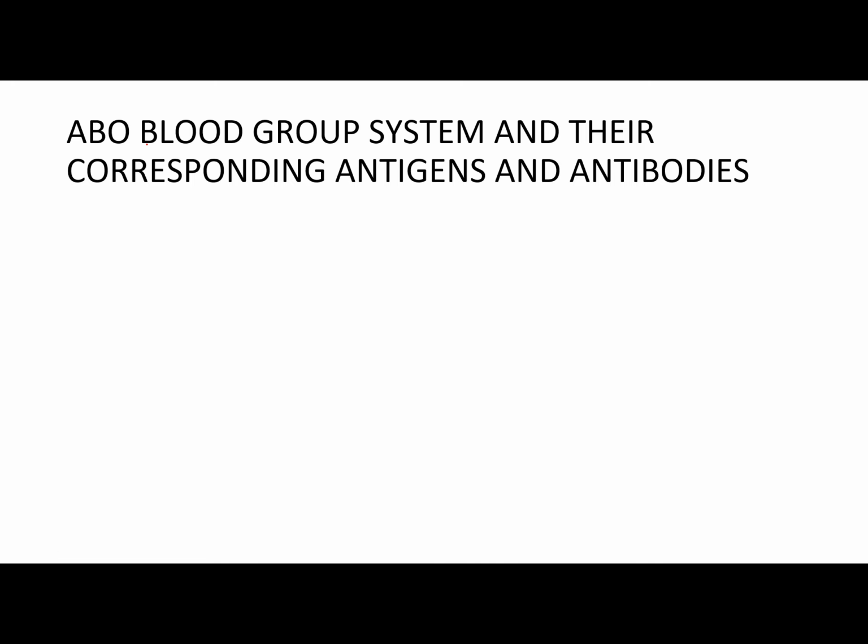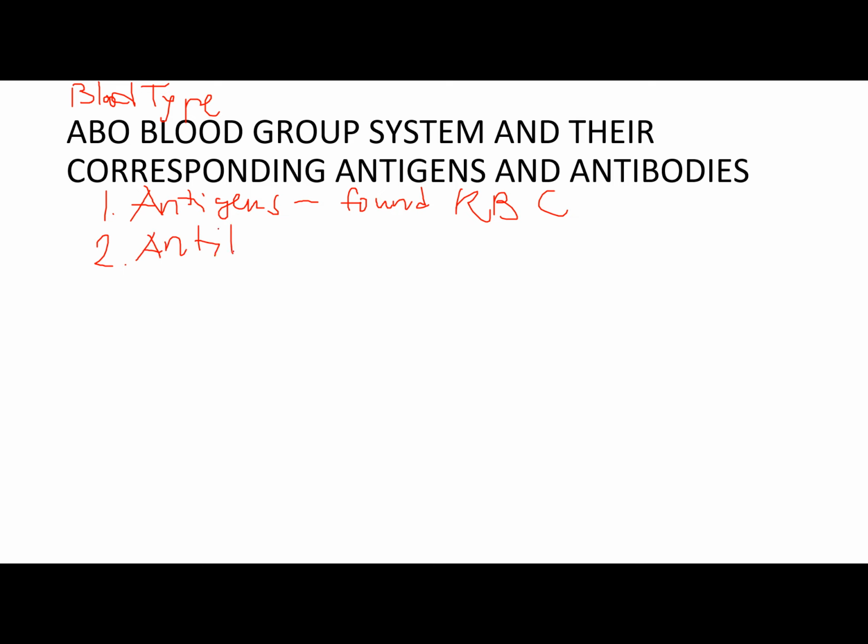When we deal with the ABO blood group system, we need to understand that this is related to your blood type. But before we tackle this, I want you to take note of two things about antigens related to your blood group system. The first one, class, is that your antigens for the blood group system are found in your red blood cell. The second one, the antibodies related to your blood group system, please remember this, the antibodies are found